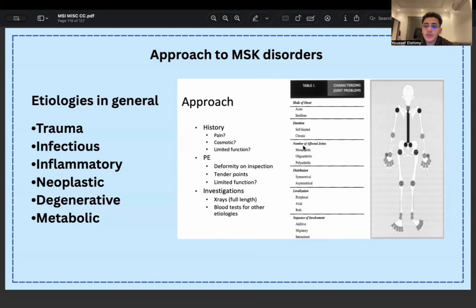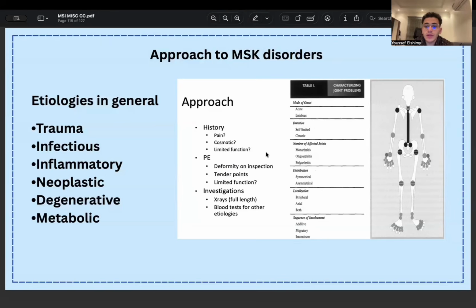We ask about the number of joints affected, if it's monoarthritis, meaning one joint is affected, or oligoarthritis, which includes few joints affected, or polyarthritis, so many joints. Is the distribution symmetrical all over the body or in a specific area of the body? Localization, is it peripheral or axial or both? So based on history, as I said, we know more about the chief complaint and we can form differentials based